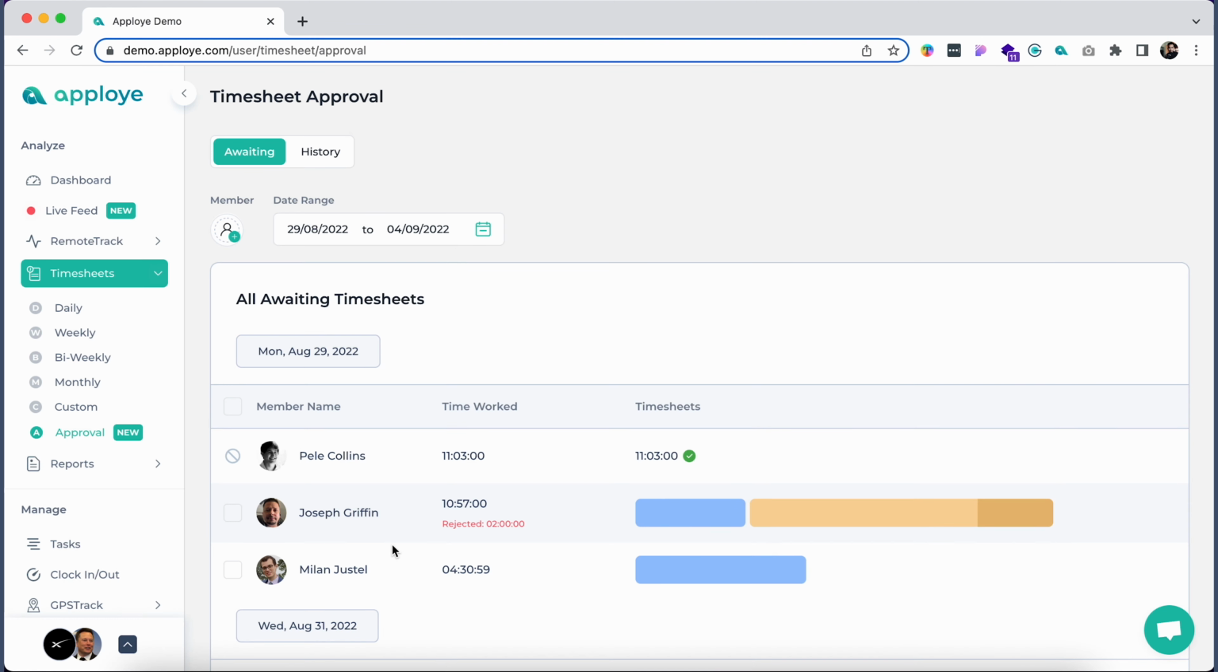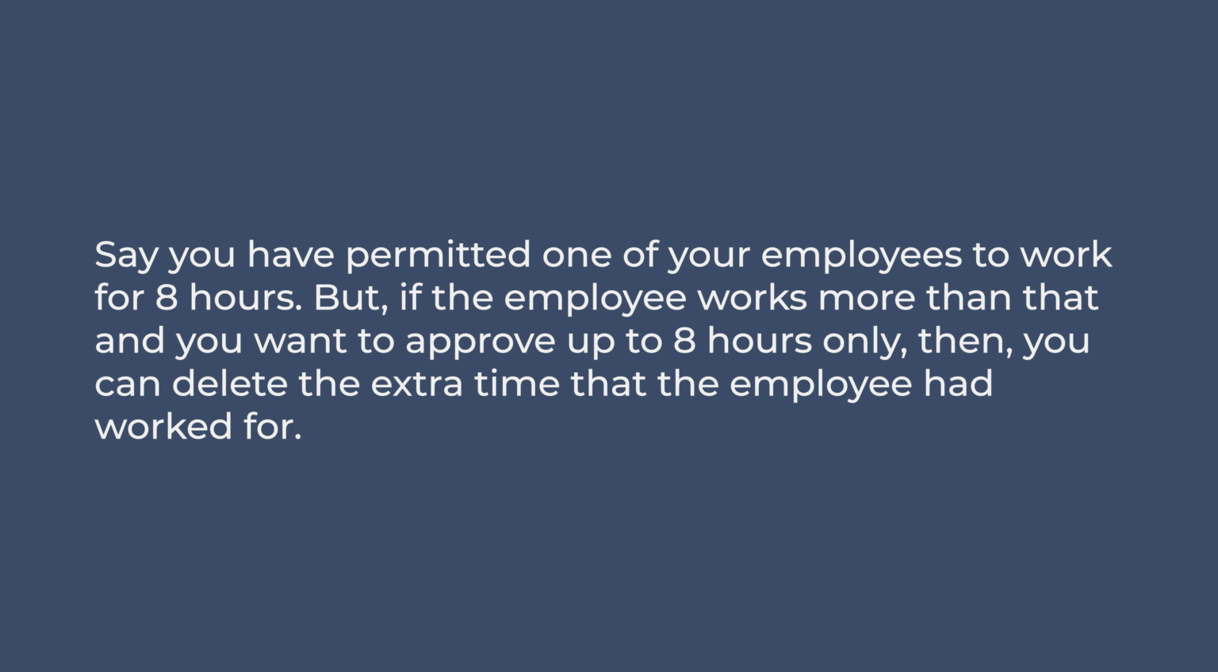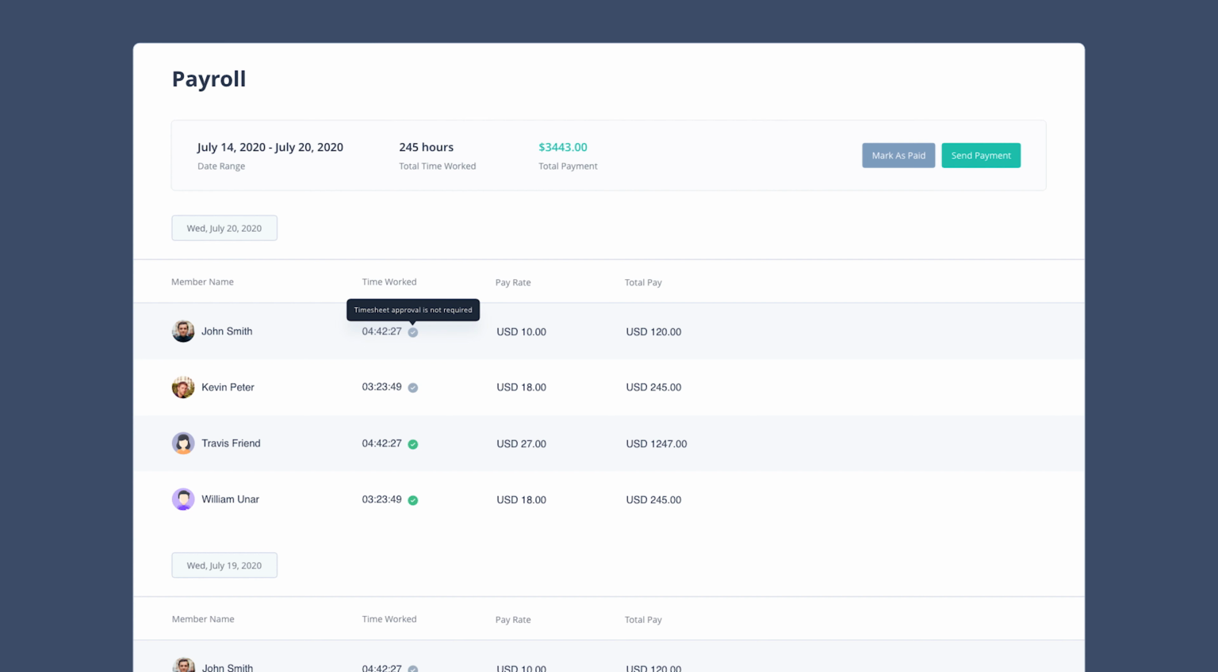To approve or reject any specific timesheet of a particular employee, just select the employee and find the option on the right side of the page. Say you have permitted one of your employees to work for 8 hours. But if the employee works more than that and you want to approve up to 8 hours only, then you can delete the extra time that the employee had worked for. As the timesheet is linked with the payroll, once you approve a timesheet, it will be reflected in the payroll